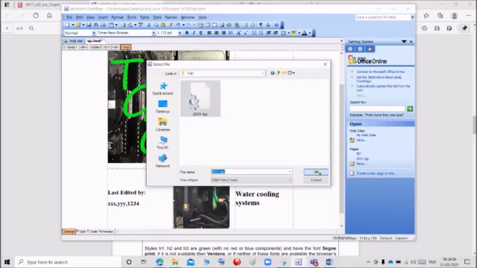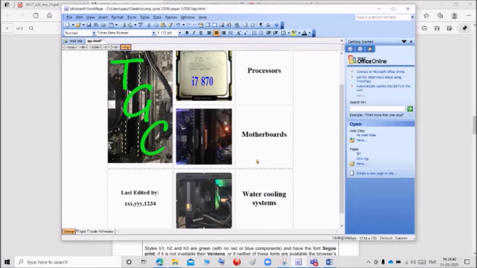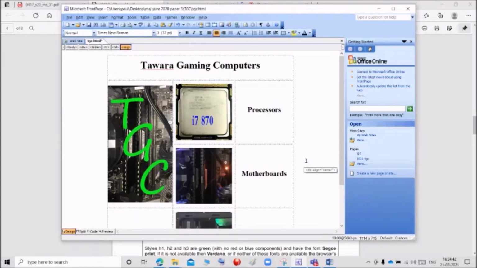Select and OK. And click OK. So we apply the style sheet in the web page and save the web page. So now I save the web page.